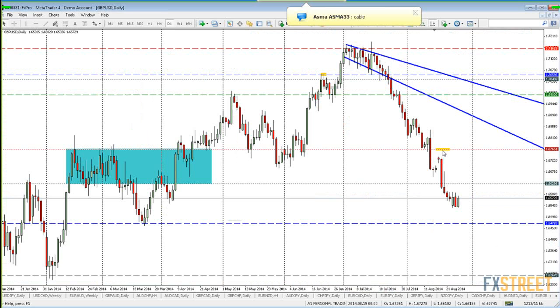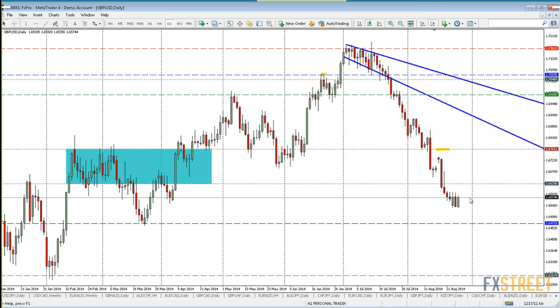I know it's been going down. I was hoping to get into sell. See where my little yellow box is? That's where I had my sell order set. It never got there for me, and fortunately, I missed out on this leg down that I really wanted to get in on. But now that it's consolidating, I would probably look for it to come back up,